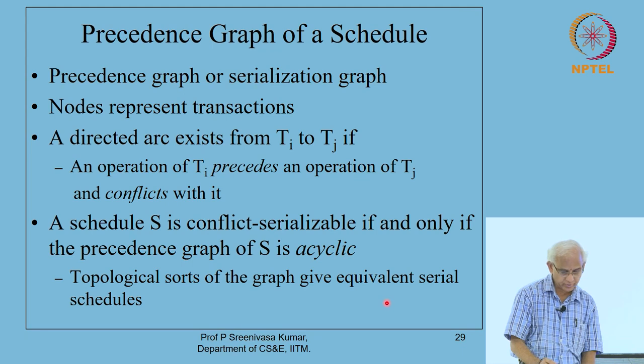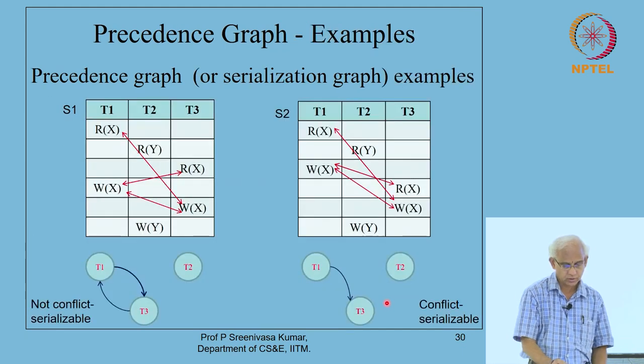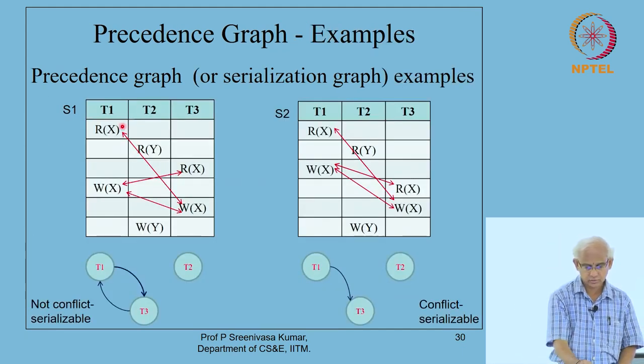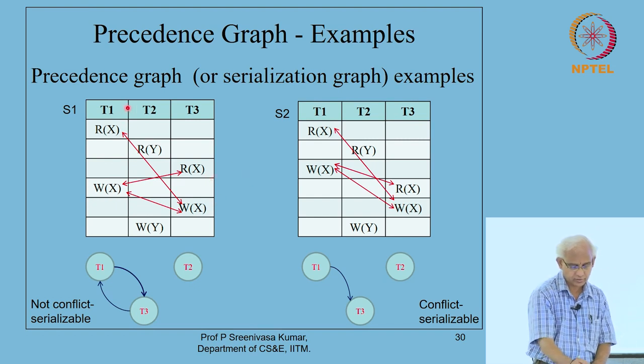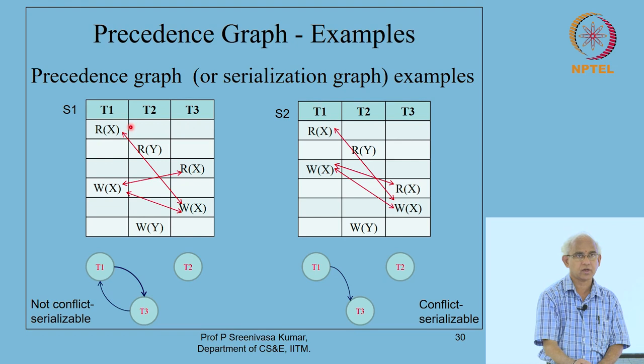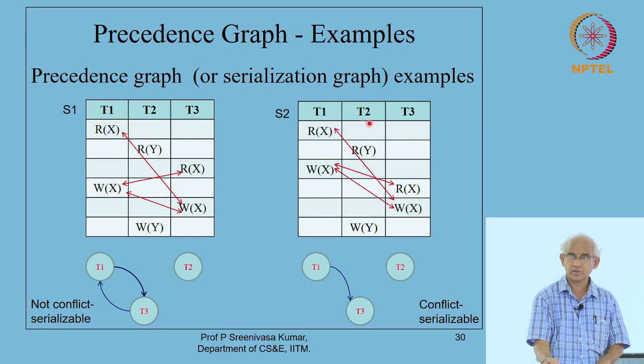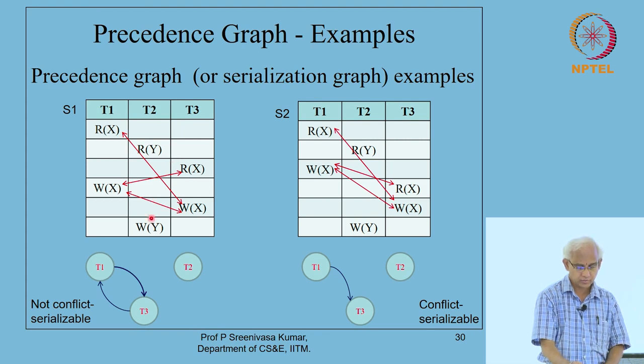So, I can show you the picture for these two. Just now we considered these two diagrams, right. You can take this diagram T1, T2, T3, this is the original diagram that I gave you, and this is the slightly modified diagram. We notice that this slightly modified diagram is actually conflict serializable, whereas the original was not conflict serializable. You can also check it by constructing the precedence graph here.